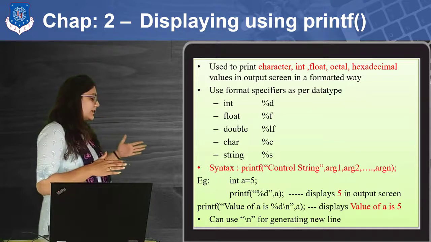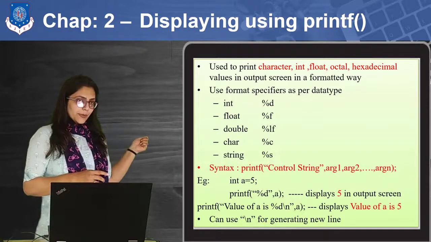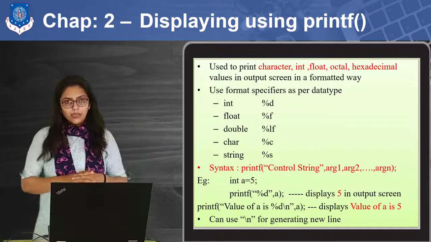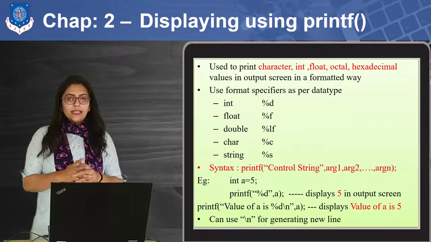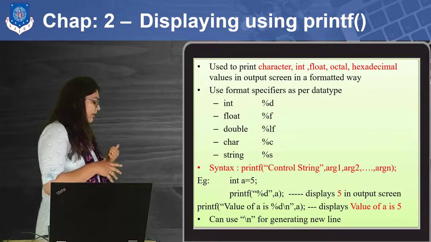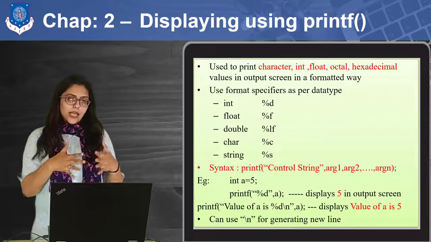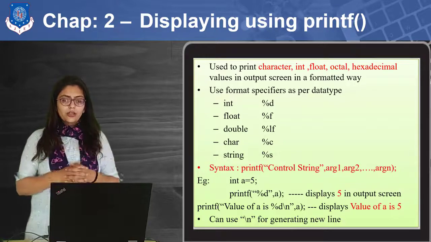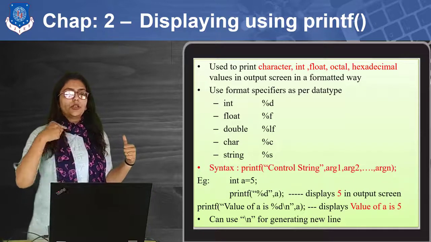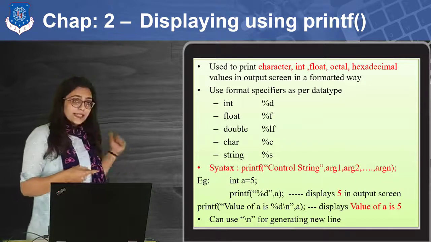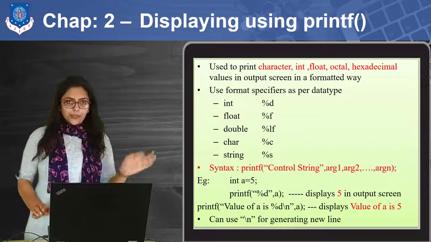You can see the syntax for printf over here. You first write the format specifier and then you write the variable name whose value you are going to print in the place of that format specifier, right? You can see int a equal to 5 is declared over here, and then you are printing its value. Printf is also compatible with \n, because sometimes you want to print your output on a new line. At that time you can use \n. So there will be no problem if you use \n with printf.